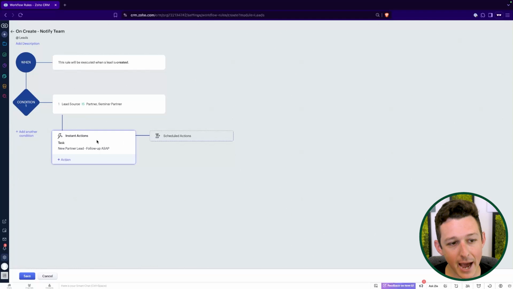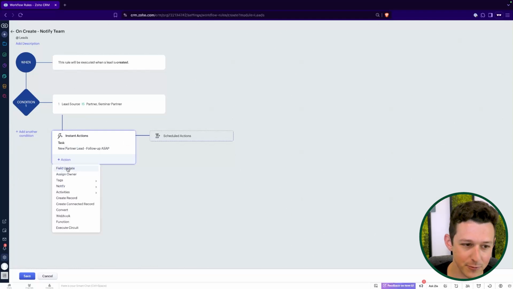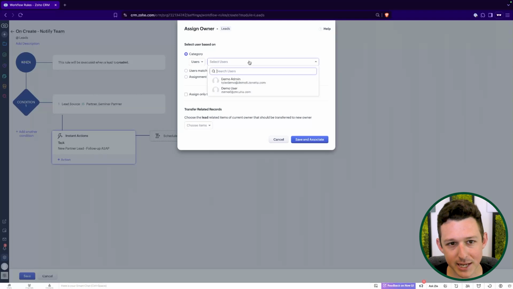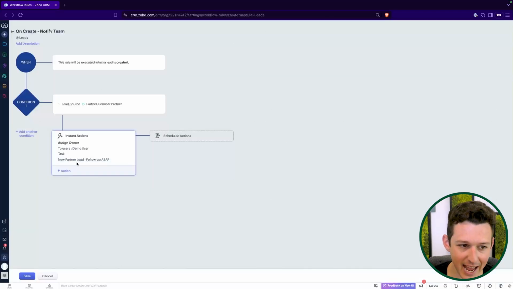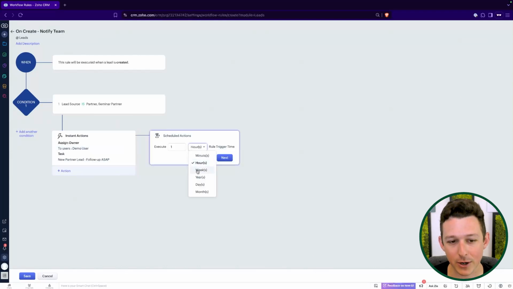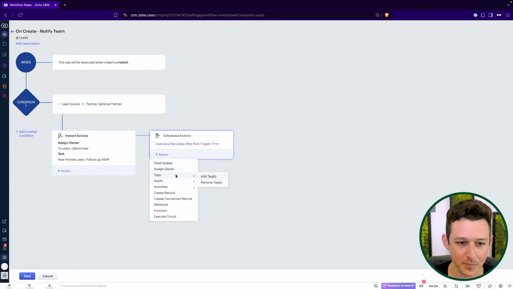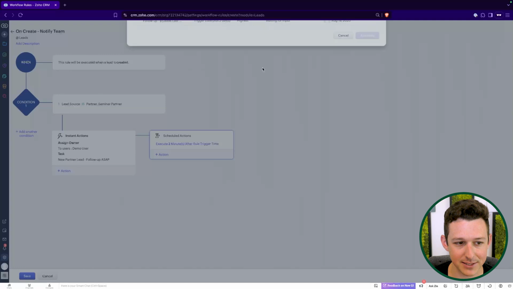Now, let's take a second here, and I'm going to show you a little pro tip. What if we wanted to, when a lead comes in, maybe demo user, demo 6 here is the one who always takes partner leads, right? Well, what happens if this task is created before the lead assignment happens to occur? Well, there we might want to use a scheduled action. And I can say, hey, 1 minute after or 2 minutes after this triggers, go ahead and create that task,